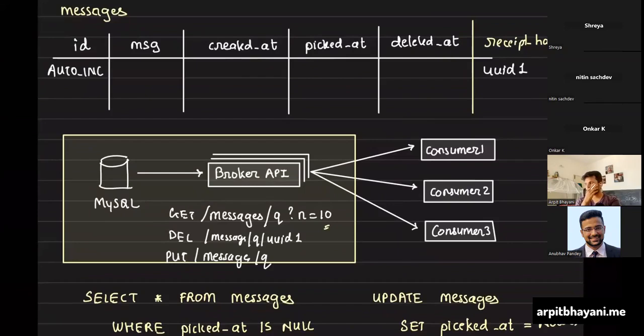So what could happen is, let's say you don't have a receipt handle over here. Now, how would you delete a particular message? Let's say a consumer has consumed a message and wants to delete it. The consumer will make an API call which says, hey, I want to delete the message with this ID. How will you verify that the consumer who has read the message is the one who is deleting it? What if some other consumer makes an API call and deletes message ID 5, but that consumer did not even read that message? You need to somehow know that this is a consumer who read the message, and now it is authorized to delete the message.